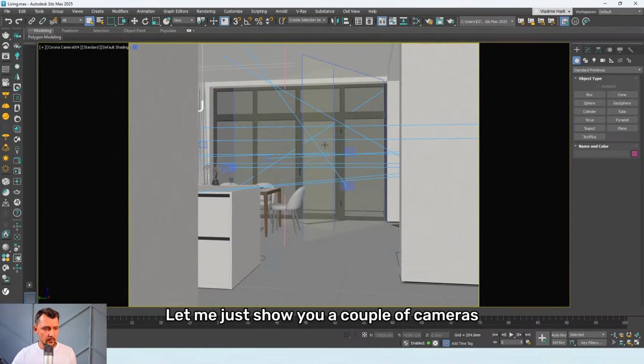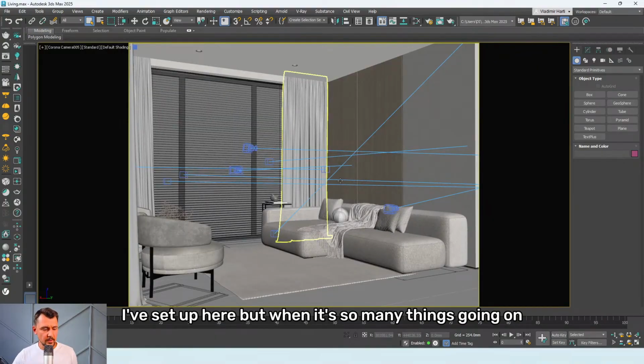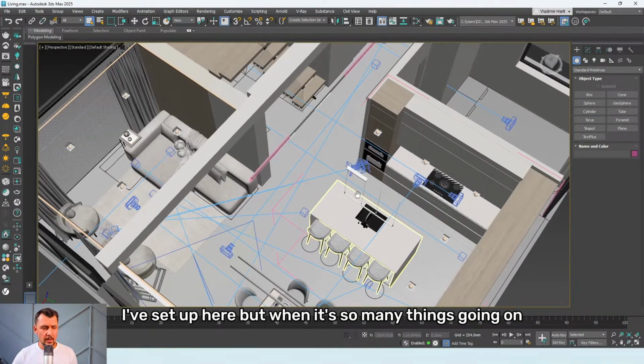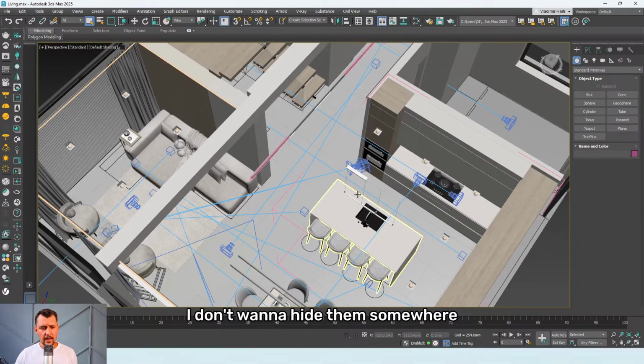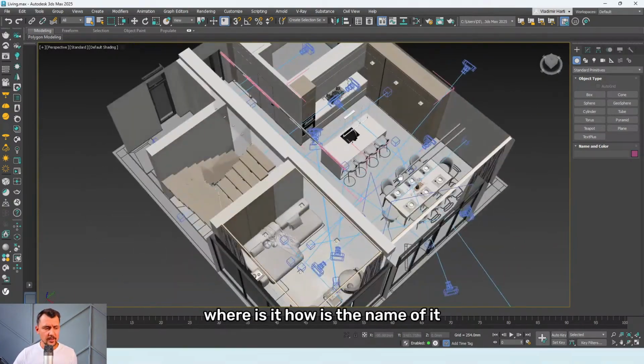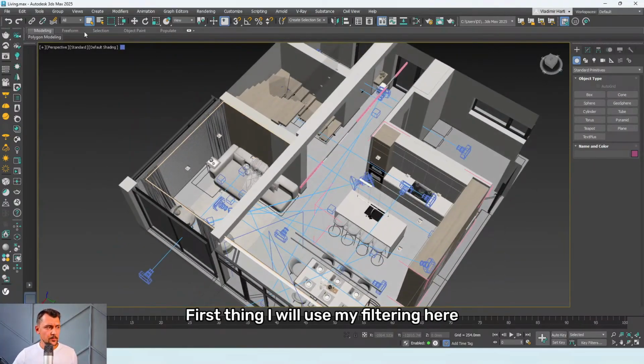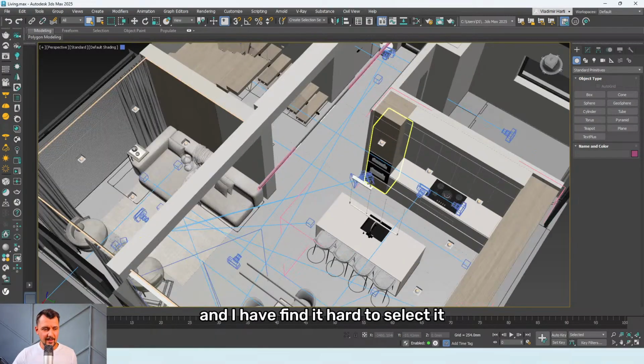Let me just show you a couple of cameras I've set up here. But when it's so many things going on, I don't want to delete anything. I don't want to hide them somewhere and then try to find them. Where is it? How is the name of it? First thing, I will use my filtering here, and when I need to select cameras and I find it hard